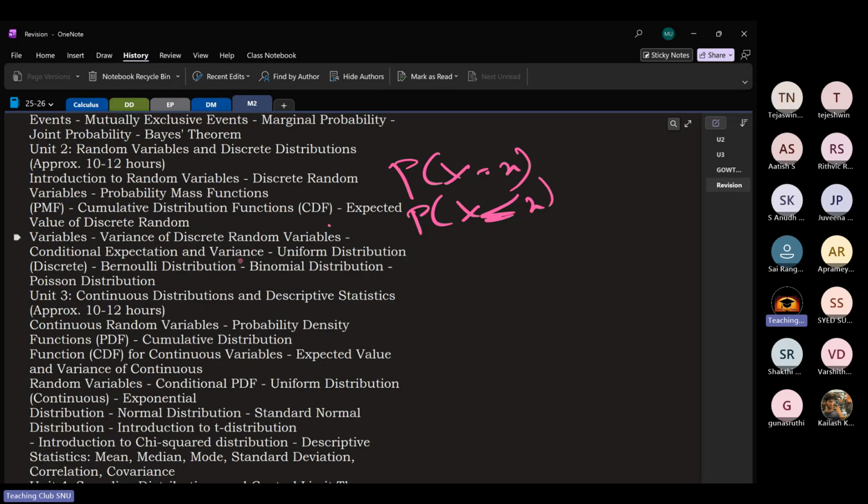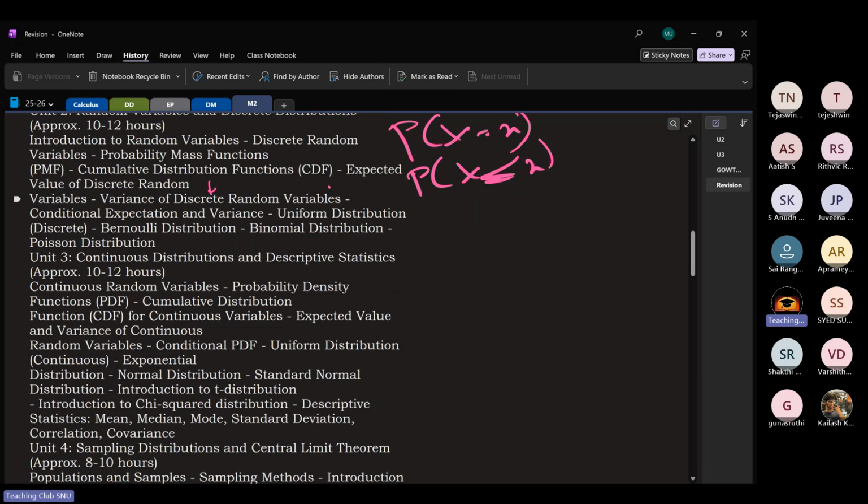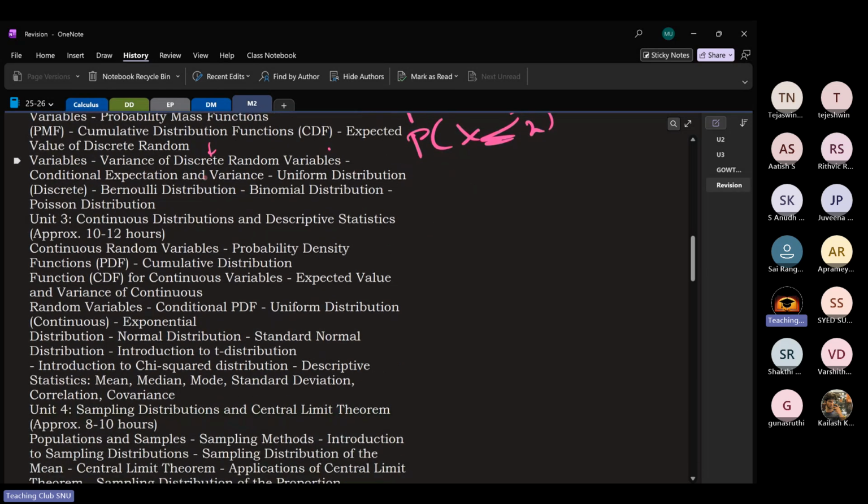How your data points differ from the original mean which you have. Yes. So we are also interested in why that formula works and all that. We'll be seeing that. All right. Next, conditional expectation and variance. We have different types of